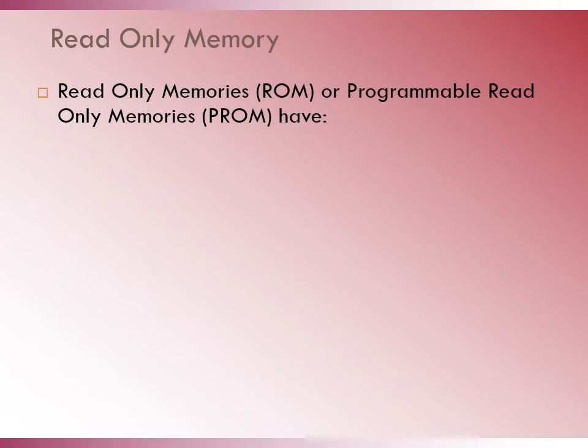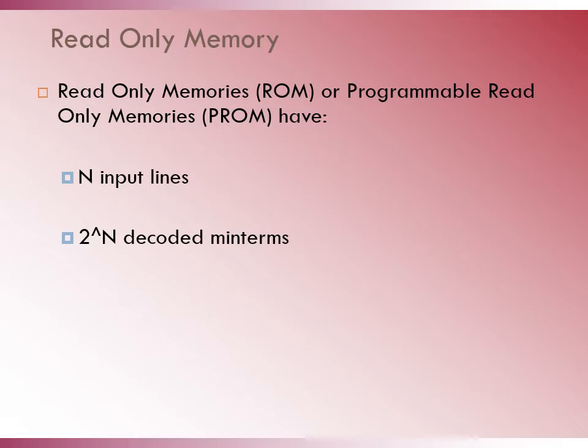Now let us see the detailed configuration of read-only memory or programmable read-only memory. A ROM consists of n input lines which are given to the fixed AND array or decoder. These n lines correspond to the n literals of a given logic function. The AND array or decoder generates 2^n outputs corresponding to all the minterms possible with n literals. The programmable OR array has m output lines. So when we specify the size of a ROM, we specify it as 2^n × m.